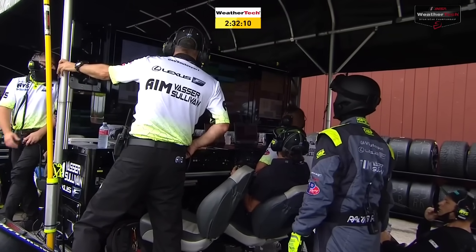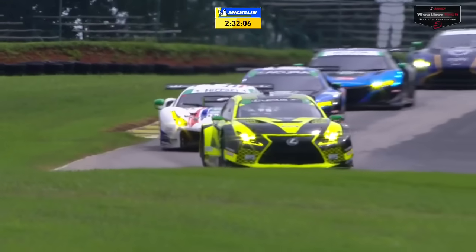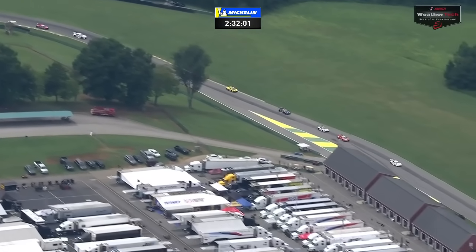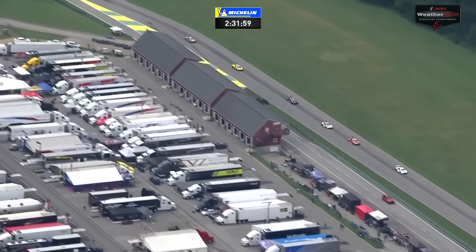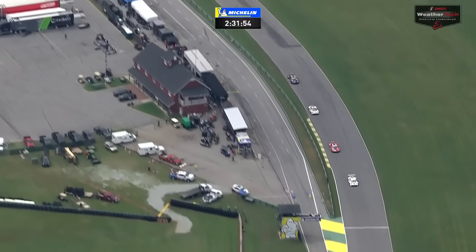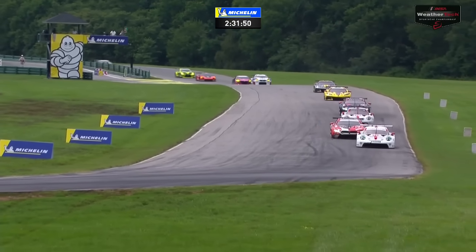So we do get the chance of another restart, albeit line astern here. IMSA Sullivan looking very carefully at the right front where that dive plane is missing, and off goes Fred McAvecchi. Porsche, BMW, Corvette. That's how they restart. We're racing again with 2 hours and 32 minutes still to run, and that BMW...